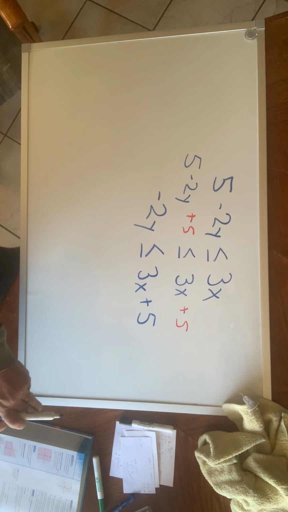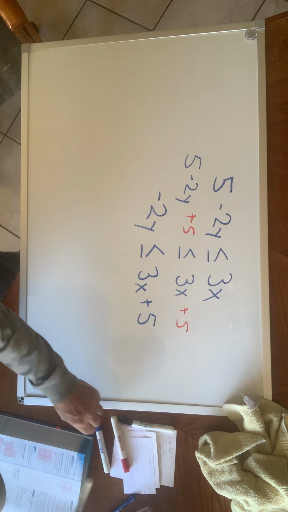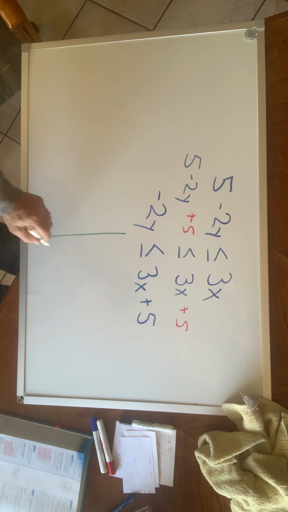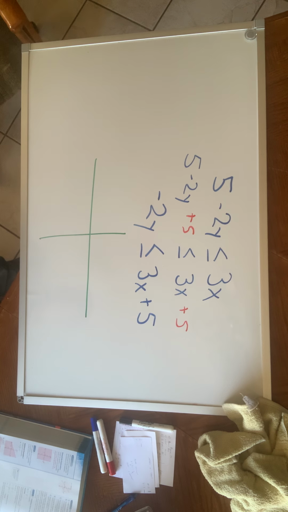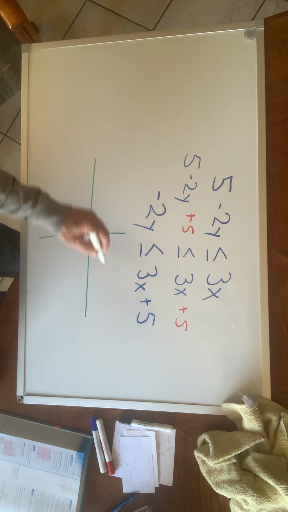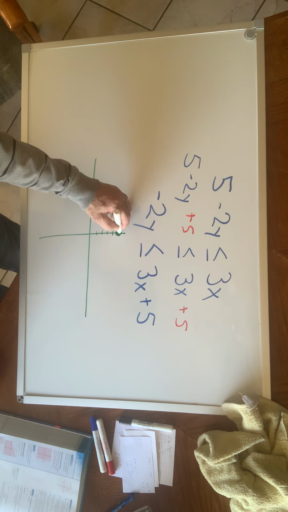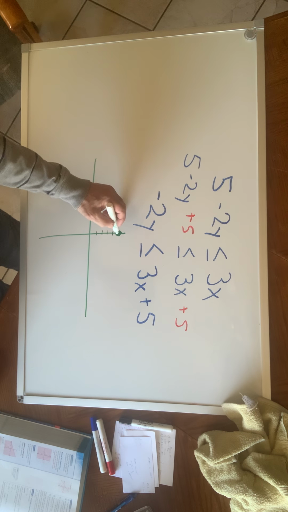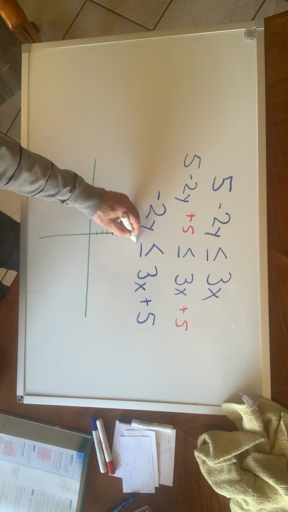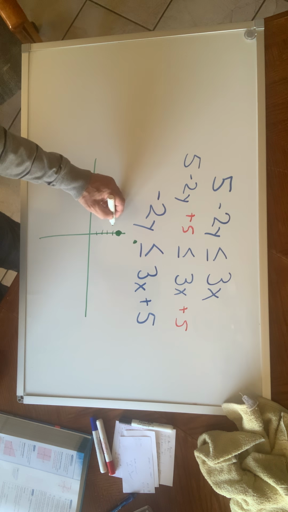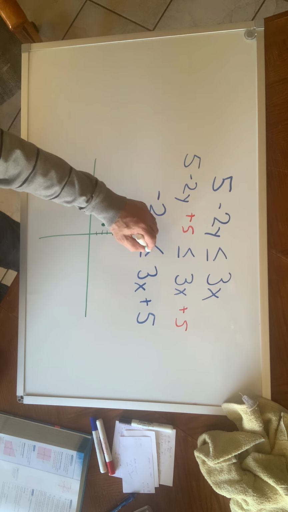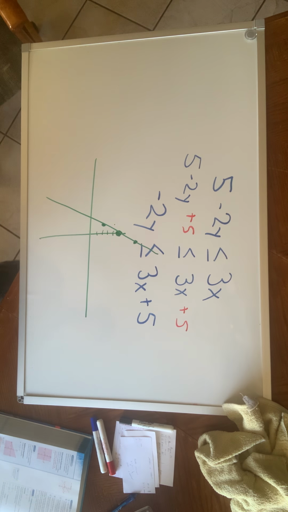So now, when I go to graph that, you try and graph that. It should be pretty simple. All right, the y-intercept is 5. 1, 2, 3, 4, 5. The slope is 3. Rise, 1, 2, 3 over run. 1, 1, 2, 3. Doing it backwards here. And there's my line. Now the question is, which side needs,